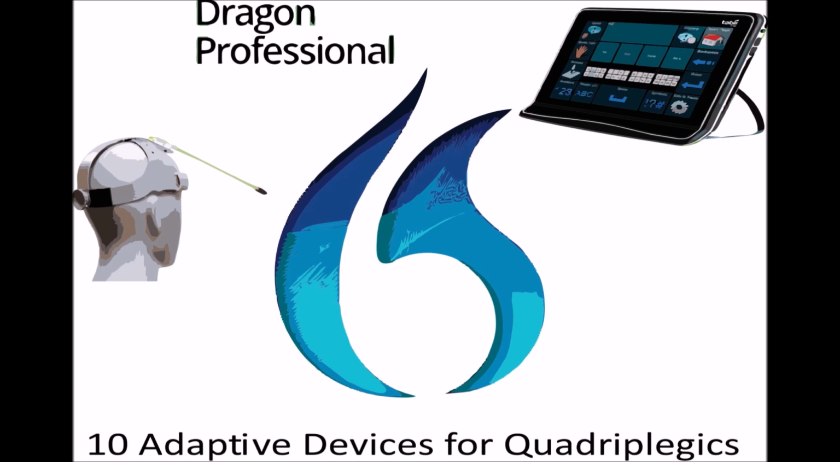2. Head pointer. A head pointer is an assistive device that is designed to help individuals with limited or no use of their hands or arms to interact with their environment. It consists of a headband or a cap with a pointer attached to it that can be controlled using head movements. The head pointer is typically worn on the head, and the pointer is positioned in front of the individual's